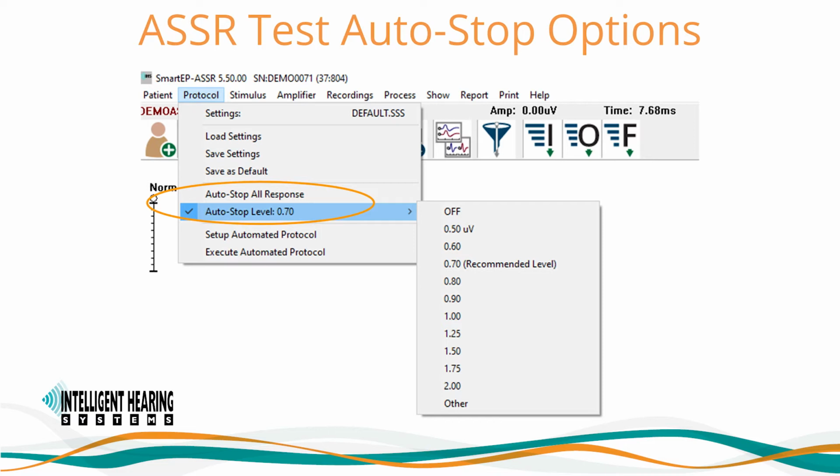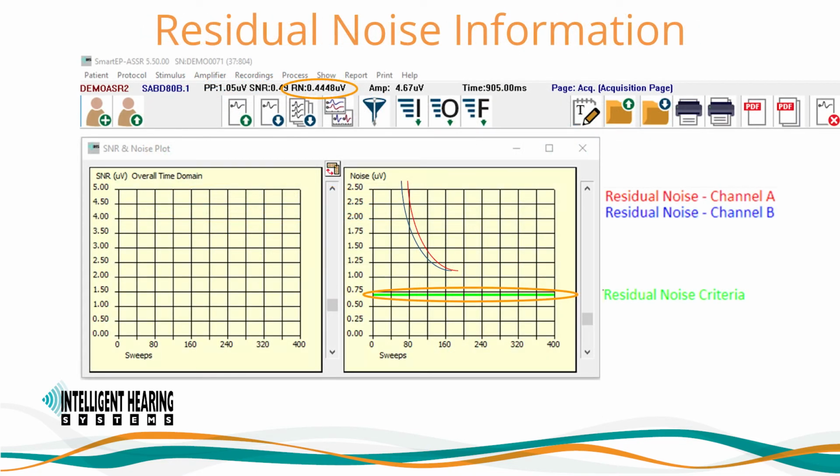This is a criteria based on residual noise, and it is measured in the time domain as the peak-to-peak amplitude of A minus B. The level is user selectable. IHS recommends a residual noise level of 0.7 microvolts, as our studies have shown that averaging past this level does not increase your signal-to-noise ratio values. The residual noise value can be seen on the information bar as circled at the top of the screen, or on the noise plot, which is only available during acquisition. The highlighted green line, as shown in this example, shows an auto-stop residual noise level criteria line of 0.7 microvolts